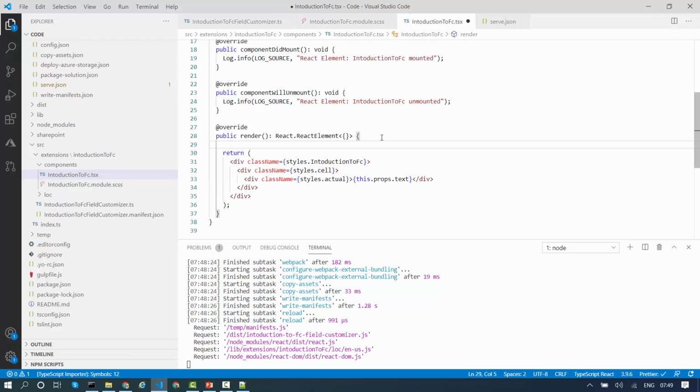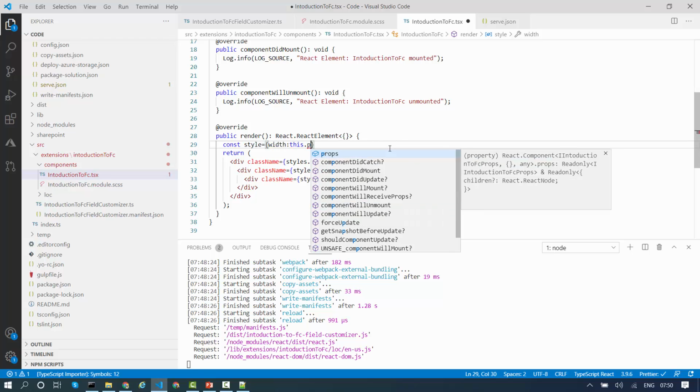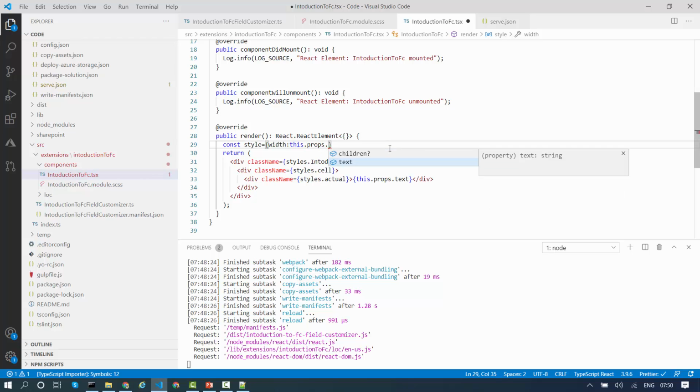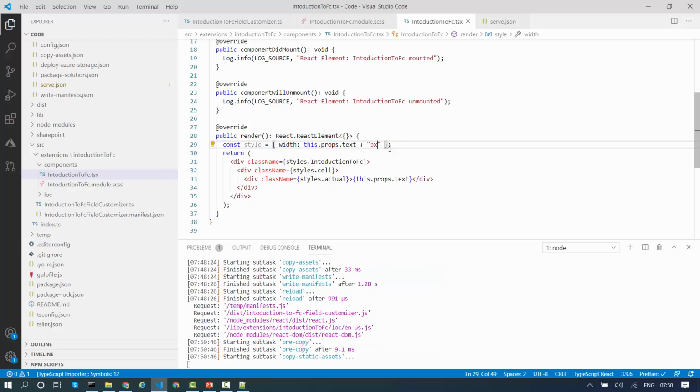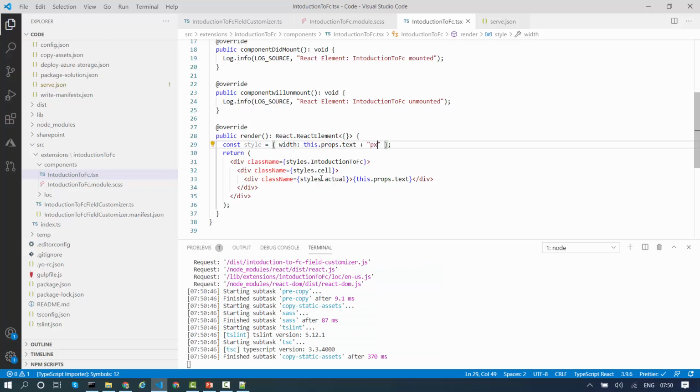I'll create one style constant. I'll say style, I'll say width colon, and what should be the width? Width will be this dot properties dot text. So now width is 20, and again I have to append the pixel. So now this is my width, and inside this div what I'm going to do is,